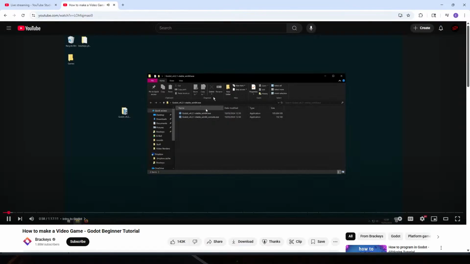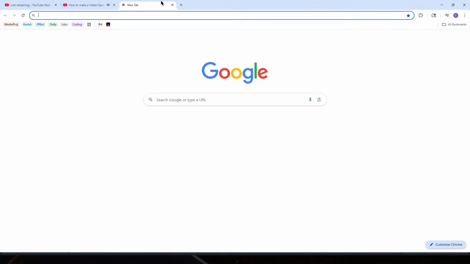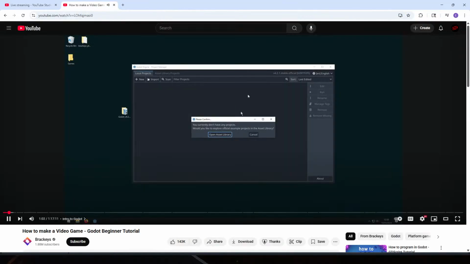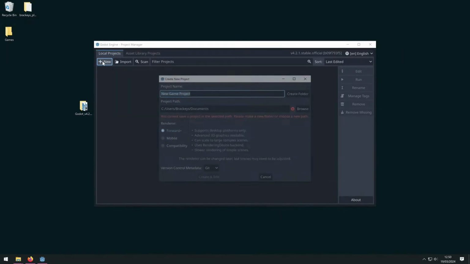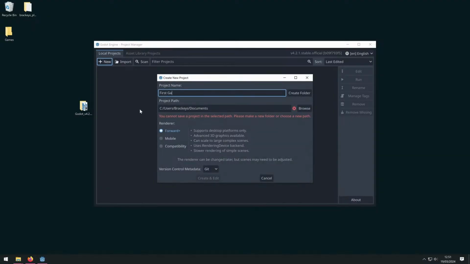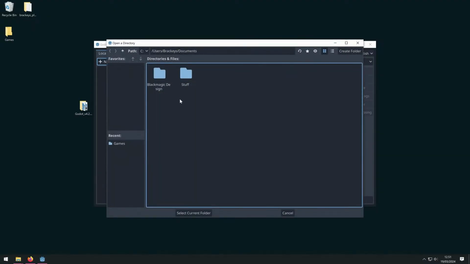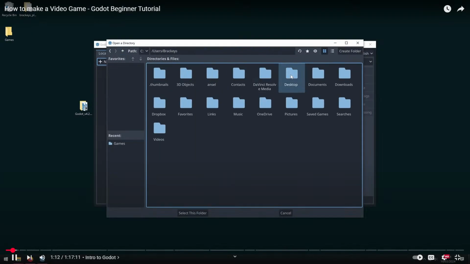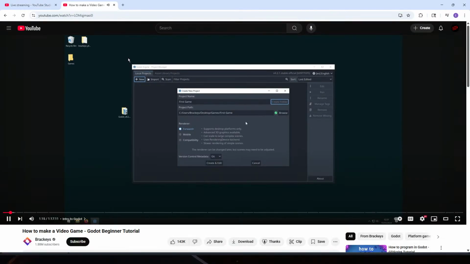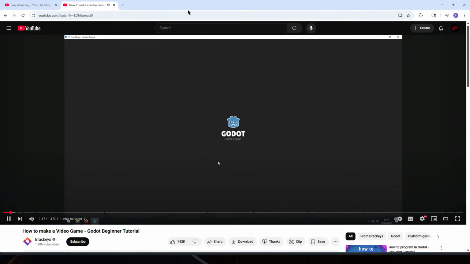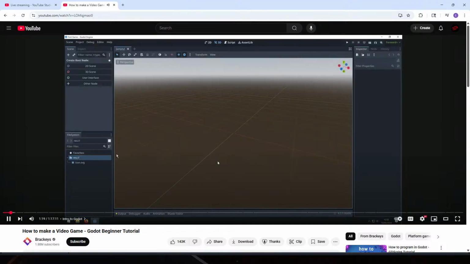Now you might want to unzip this folder and place it somewhere you remember, but other than that, we're ready to open up Godot. So let's double click it, and it's going to ask us if we want to look at some example projects. I'll just press cancel. Then we can press new, name our project, say first game. I'm going to place mine on my desktop under my games folder. Let's create a separate folder for first game, so hit create folder and create and edit. And here we are, a clean slate, a blank canvas. Oh, I am so ready to make this game